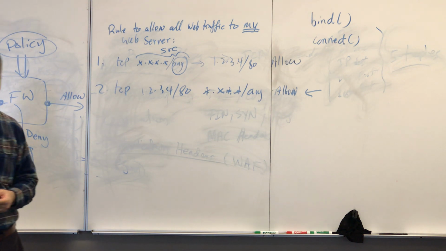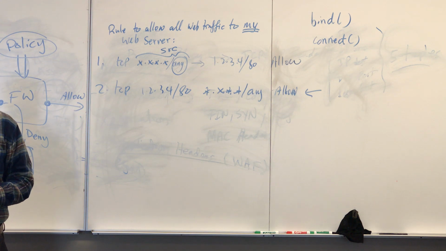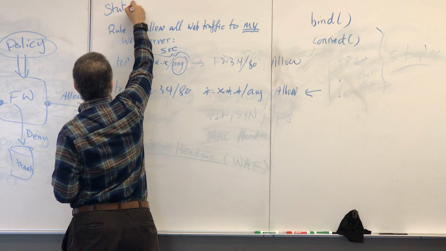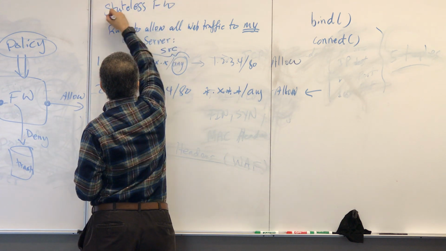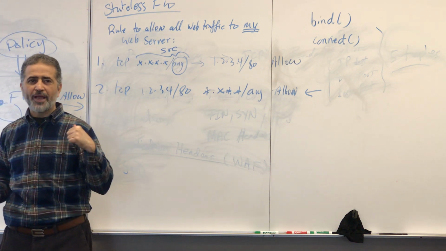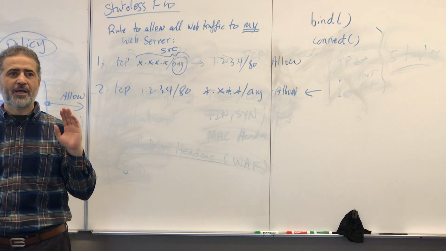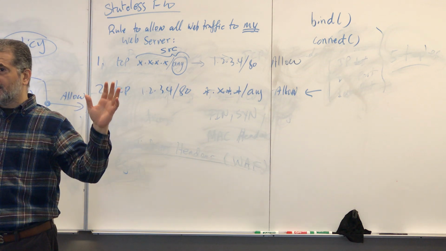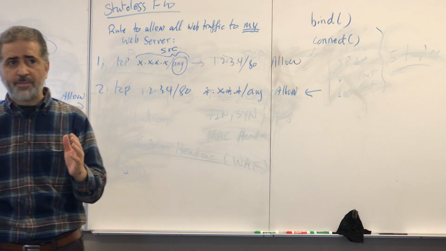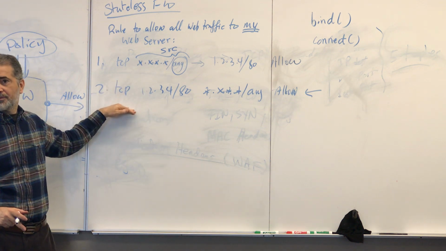Two-way traffic. Does it make sense? Here we're talking about what we call a stateless firewall. A stateless firewall does not remember. If it has seen packets coming this way, it will not remember that it has to allow the packet going the other way. It doesn't have memory. It just looks at a packet-per-packet basis, and makes the filtering decision based on the packet header. As simple as this. It's your mistake if you don't include both.